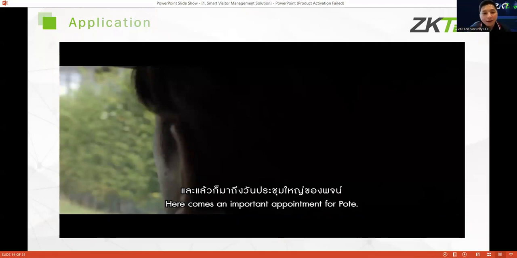Okay, so based on the video, as you can see, the guy is running late for his meeting inside the building. I don't know if it's his partner or his friend who gave him access. So he registers the guy using the smart visitor management on our ZKBio Security, which gives the guy the reservation that he used to enter the premises using the parking barriers, the face kiosk, and also the access control like the ProFace. So this is the first application of the visitor management module.